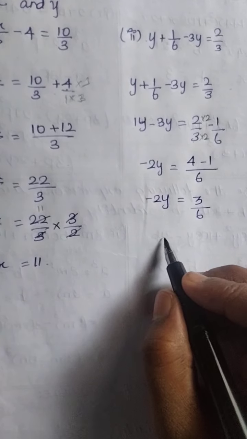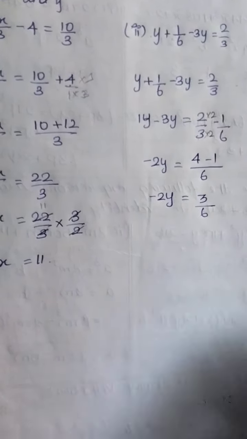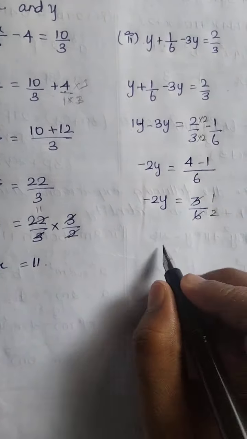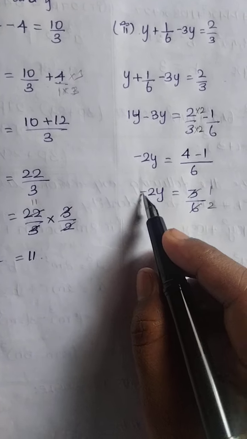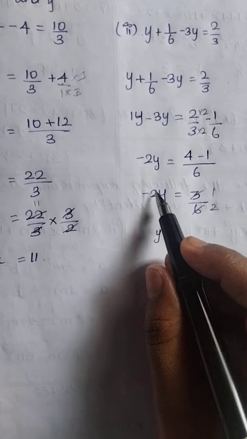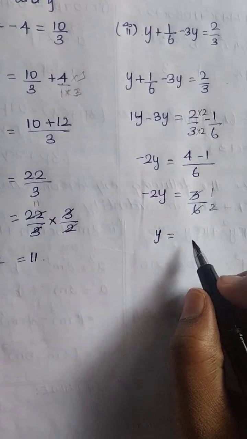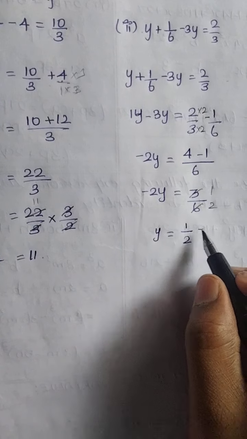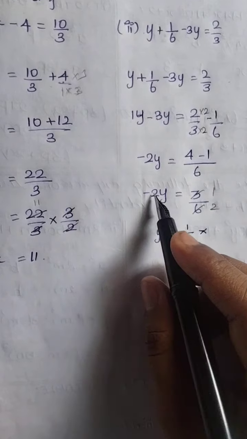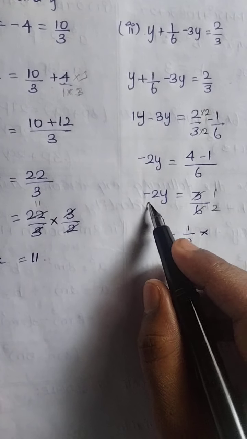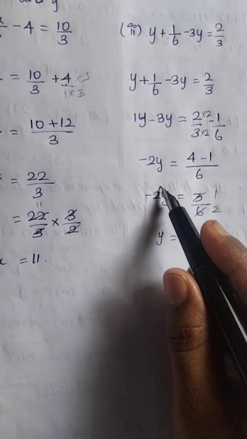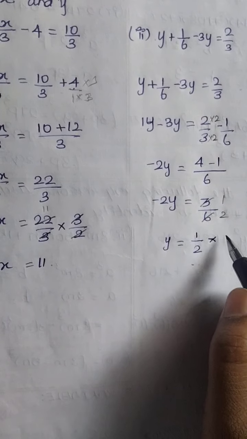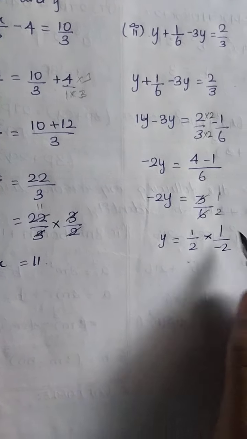So we can get the answer from this as 1/2. Am I right? Yes, it is 1/2. Then y is equal to, we should move this number to this side. It will be −2/1. Then while moving to the right hand side, it will be −1/2, divided by 1. Is it right? So the −2, moving across, comes as division.